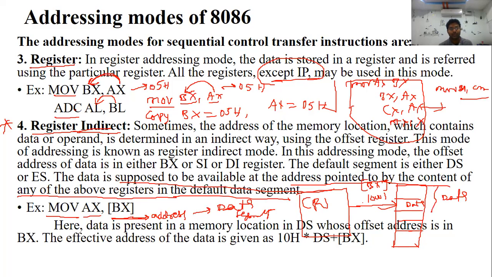See this, a two-step process is performed. In this instruction, one step simply copies the information from AX to BX. But here, BX points to one address location. That is the first step. Then whatever data is present in that address location is copied to the AX. That is the second step. First of all, the microprocessor points to the address location in the data segment. Then whatever data is present there is transferred to the AX.